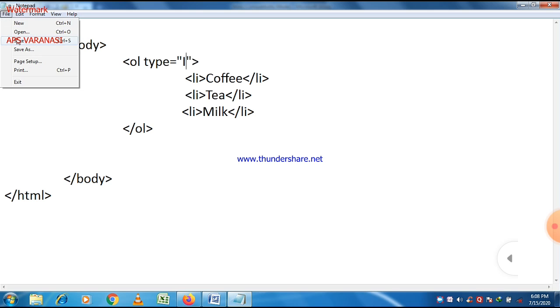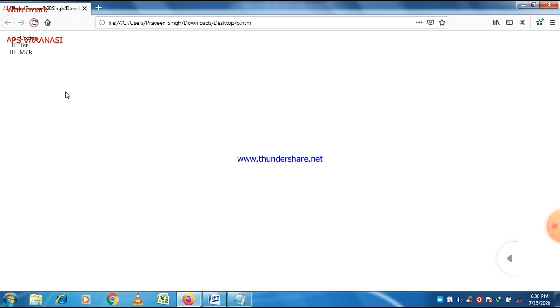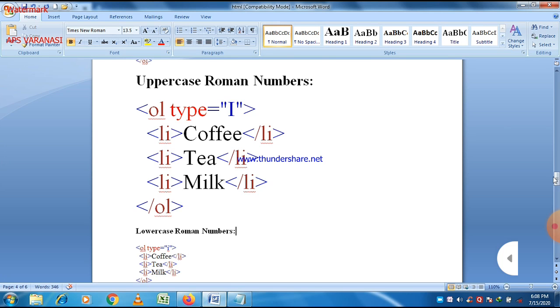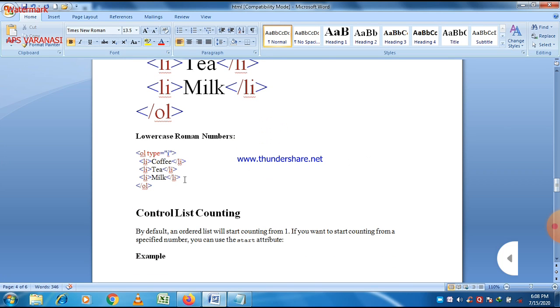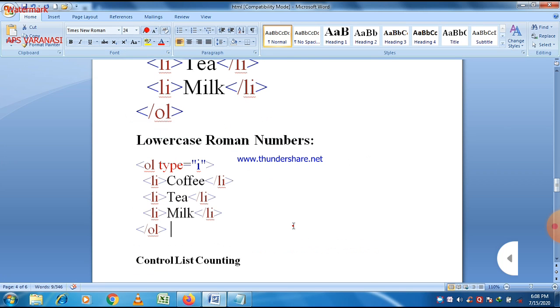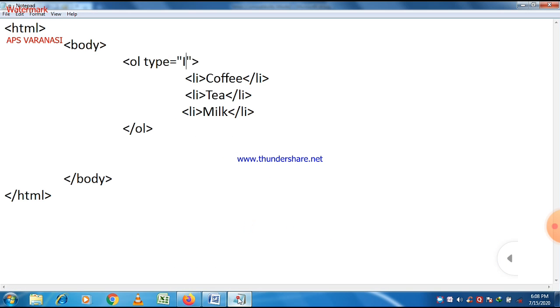Save the program, go to your web page again and refresh it. You can see that the numbers are represented in Roman numerals: I, II, III. Now for lowercase, you just have to type small i in place of capital I, and the output will be with small Roman numbers.